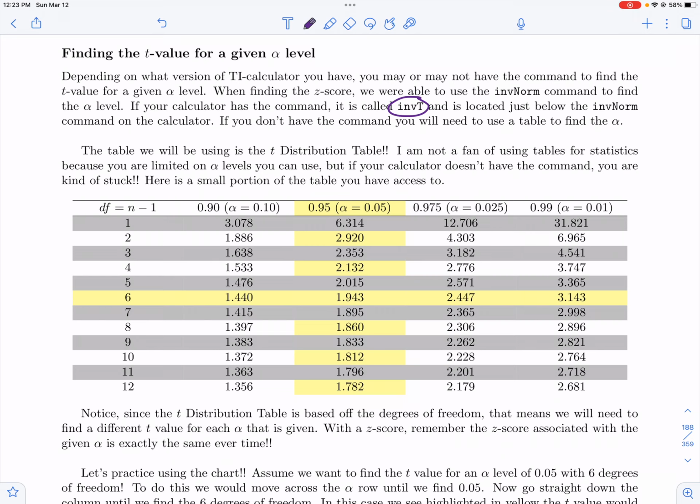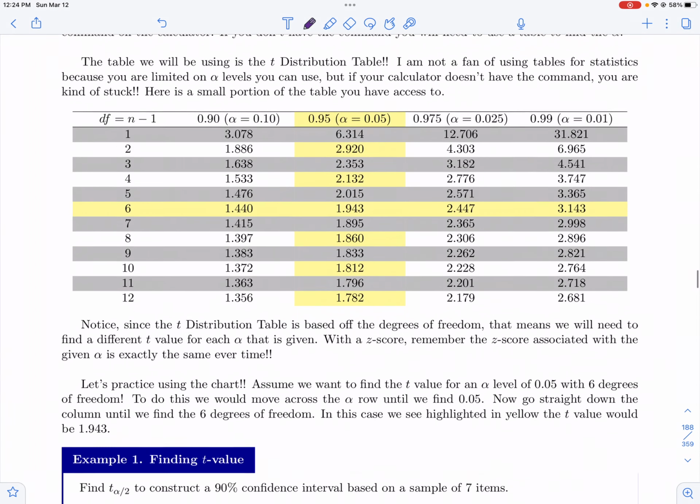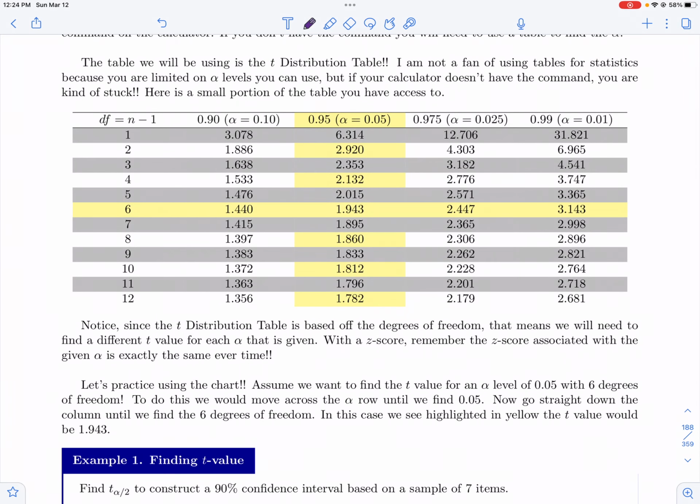And then I also have a table that you can use, but the table is not always the most friendly to use, but I did list the table here just so we could get an idea of how to use it in that case. So for example, if we wanted to find a t-score that had a 0.05 alpha level with 6 degrees of freedom, then what we would do is start in the 0.05 column, and then we'd go down to where our 6 degrees of freedom were, and we'd see that our t-score that goes along with that value would be the